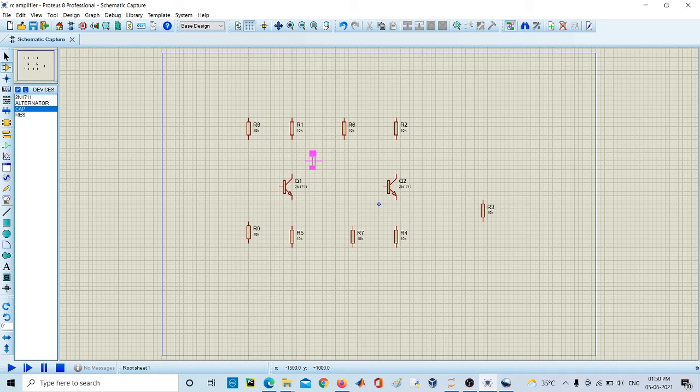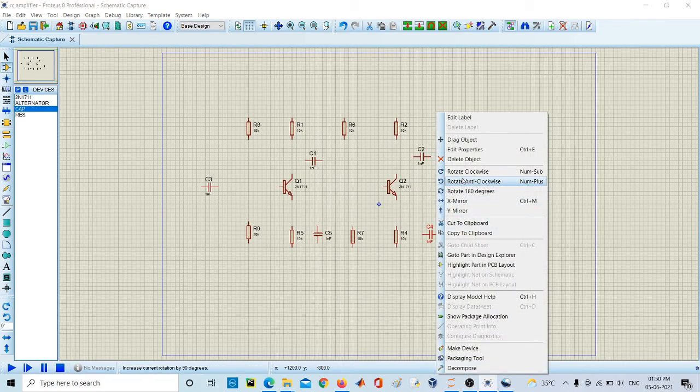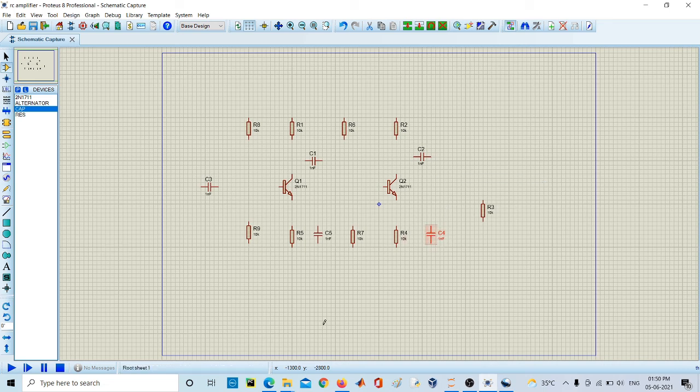One capacitor will be required here, one here, one here, and two capacitors here. Rotate it by 90 degrees. Okay, now we also want to connect the alternator.